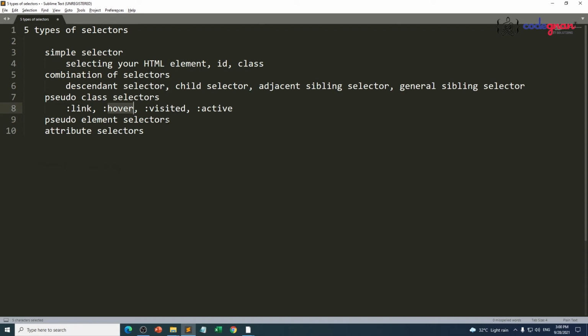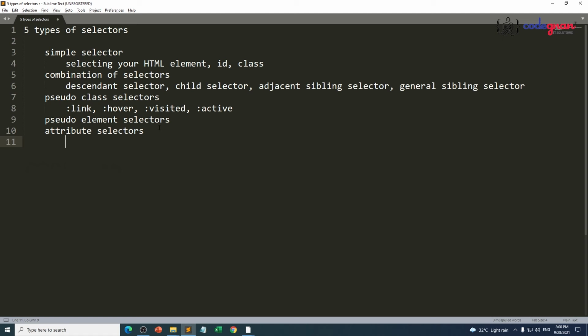After that, we have pseudo element selectors and attribute selectors. Let me tell you about attribute. First of all, attribute selector helps you apply styling based on one attribute of your element. If your element has an attribute, then only you can apply one type of styling. Along with that, if your attribute internally has any values, the value related to your attribute you can also apply.